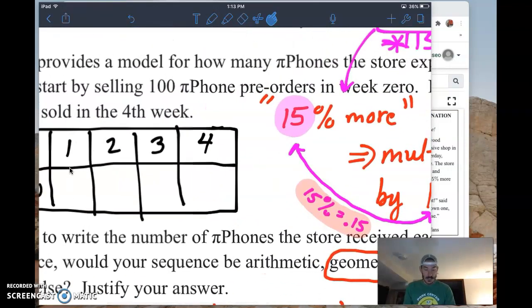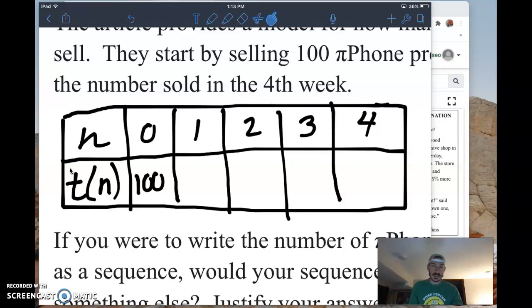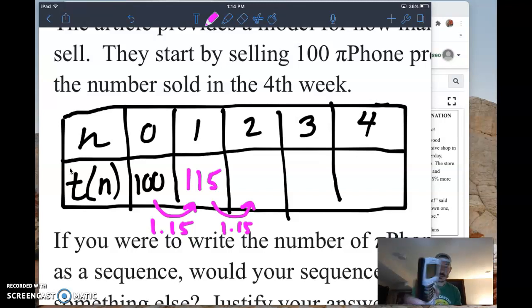Okay, and here's my table. I set this table up ahead of time. They told me that in week 0, when n is 0, the number of phone pre-orders was 100. And if I'm going to multiply by 1.15, I've got to have my calculator out. So I start with 100, I multiply by 1.15, and it tells me 115 were sold in week 1, right? Pre-orders were 100, 115 sold in week 1. All right, let's keep going. I'm going to multiply by 1.15 again. So I'll take that 115, multiply by 1.15, and in this particular case, it tells me